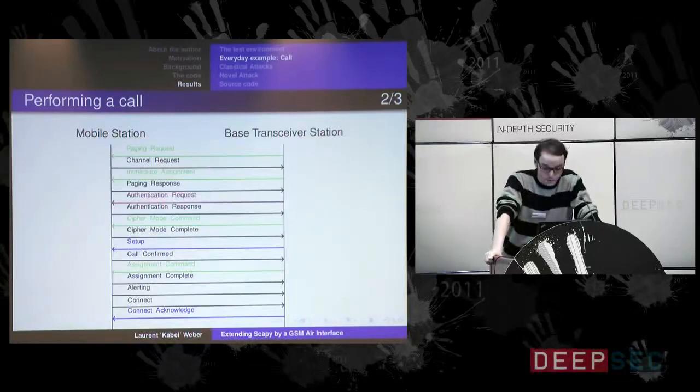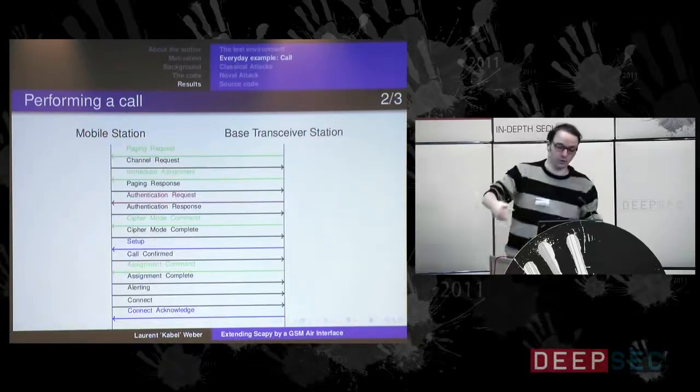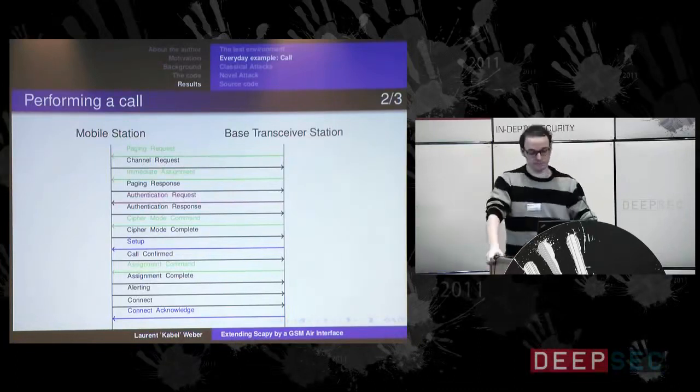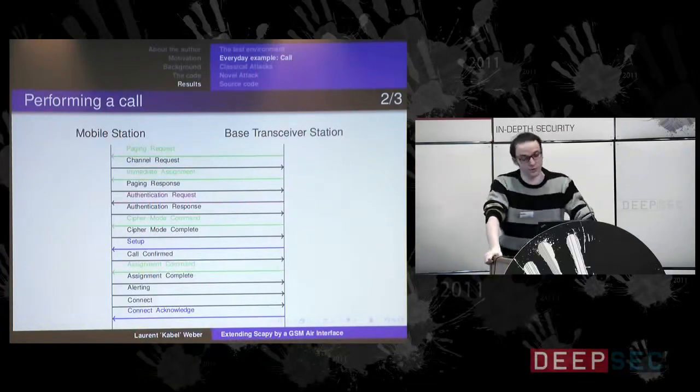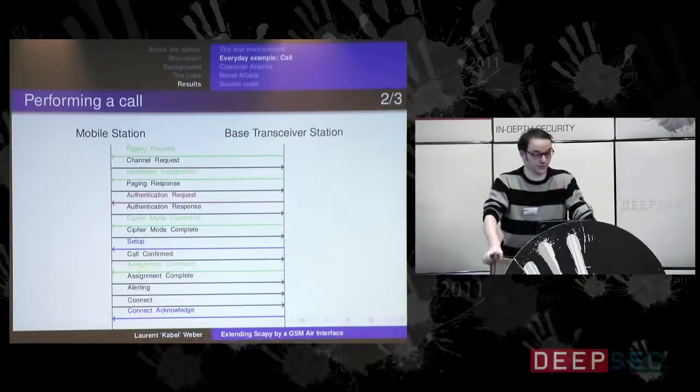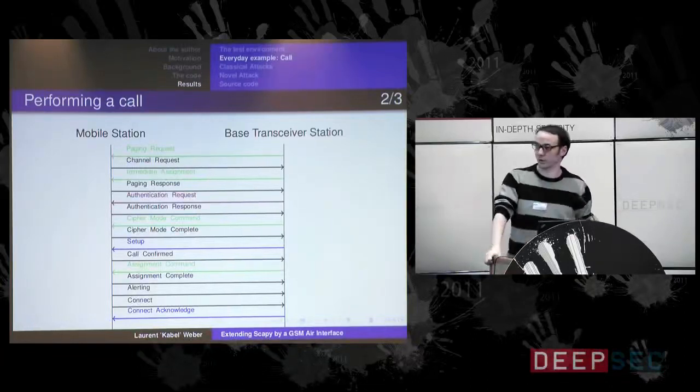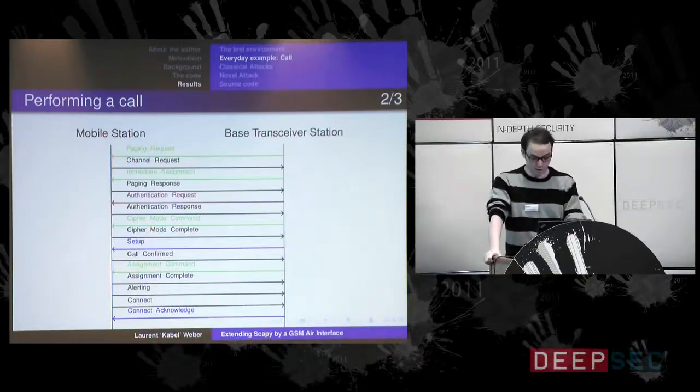In this case, I will only do the call control messages, because, as I said, the test call function is already taking care of the rest. So if you now want to perform a call and you have set up your phone call with the test call function, you only need to send a setup message and then a connect acknowledge message to finish the protocol run in a nice way.